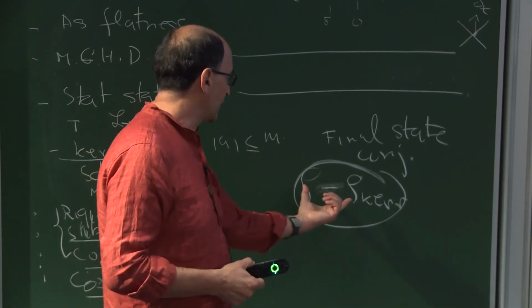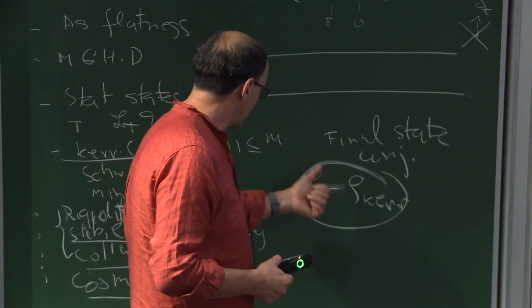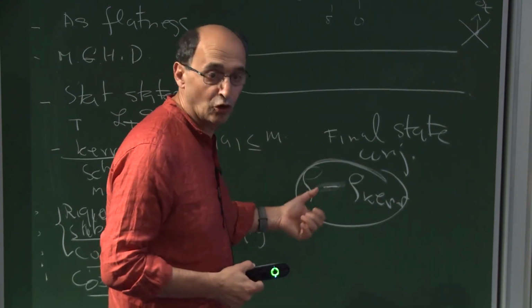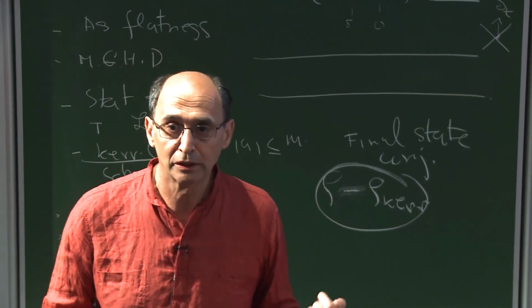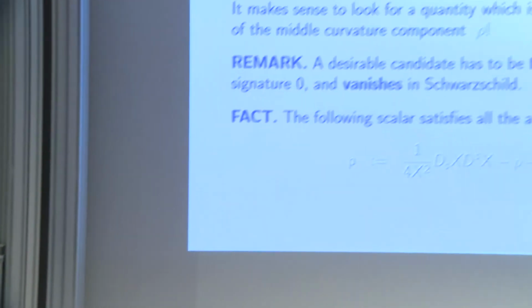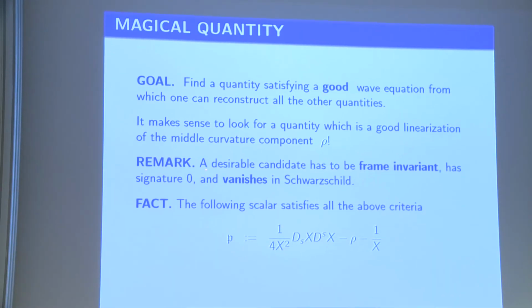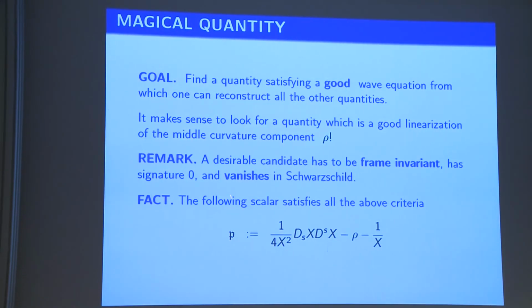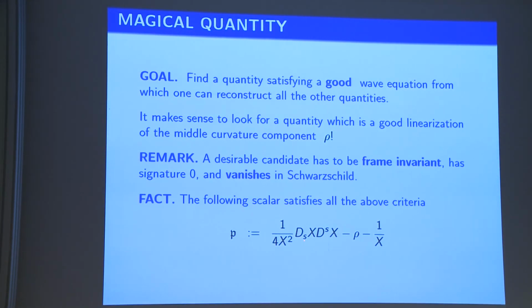So I cannot even talk about this, right? The issue is how to linearize without doing this, how to find a quantity which is invariant, which is tied to rho, and which is small, which is 0 in Schwarzschild. So this was a major thing for us. We found that there is such a quantity,